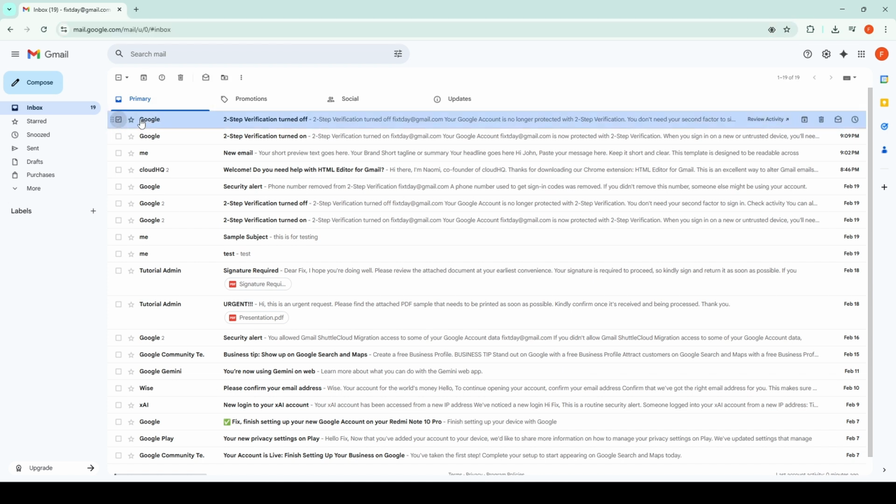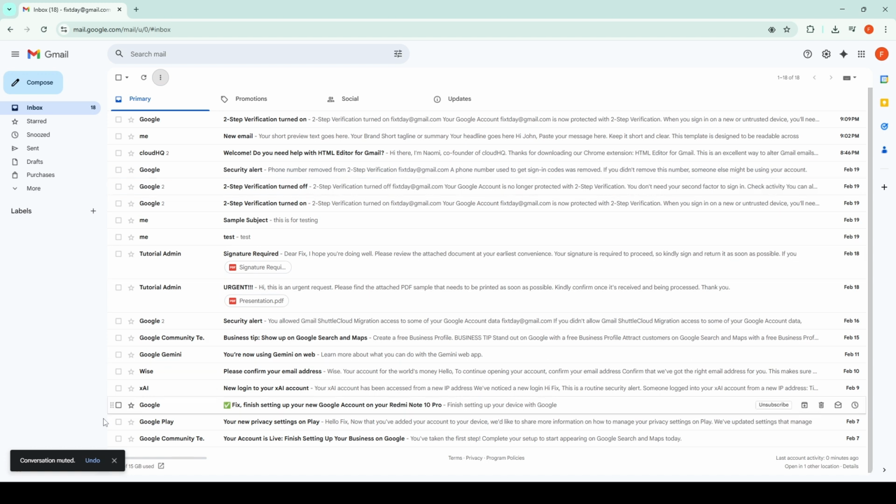After selecting the thread, you go to the top horizontal toolbar and click the More icon, which appears as 3 vertical dots. From the drop-down menu, click Mute. Once muted, you'll see a confirmation message in the lower left-hand corner of the screen. This means the conversation has been muted, and future replies to that thread will skip your inbox and go directly